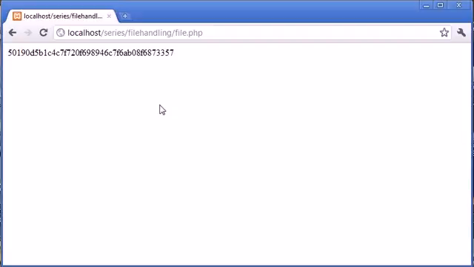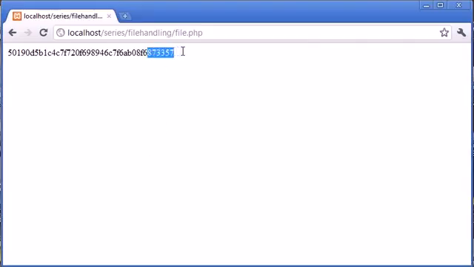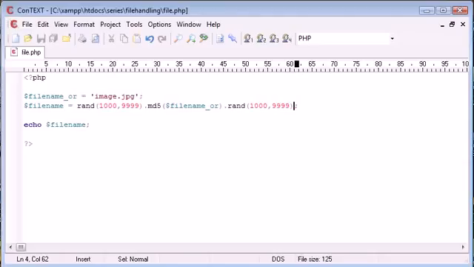Okay, so this is the random file name that we may have generated to save on our server. So let's say the user, the first user uploads an image called image.jpg. Everything's fine, the image is stored. However, what happens if, say, 1,000 users later, someone else uploads an image called image.jpg, and this random number here and this random number here happen to equal the same as what's already been stored here and what's already been stored here. So there's a way we can deal with this, and we need to use the